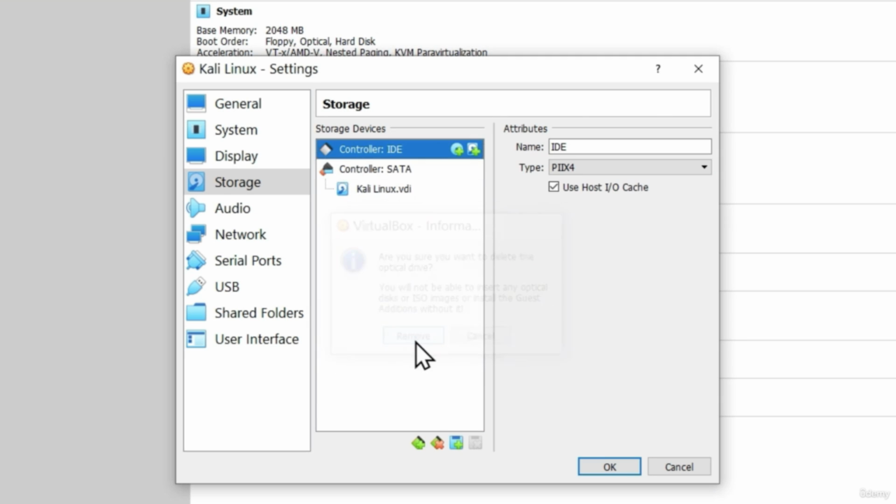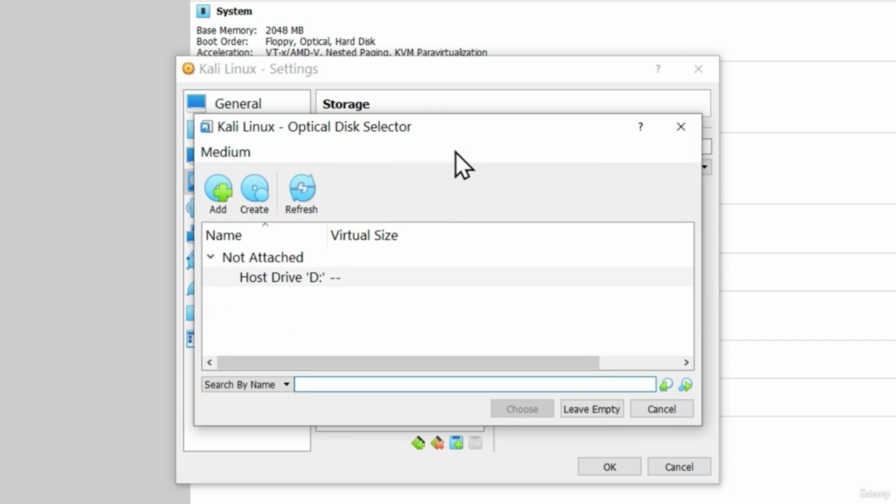We click on remove, and after it, we want to click on this disk shape with a plus. Just click on it, and it will open up this smaller window where we want to find our Kali Linux ISO image and select it. In case you don't see it right here, you want to click on Add,